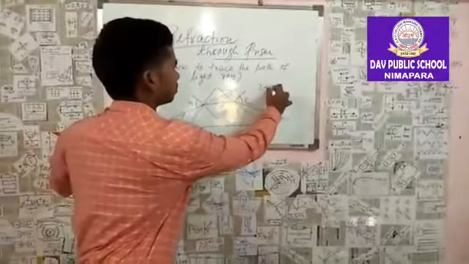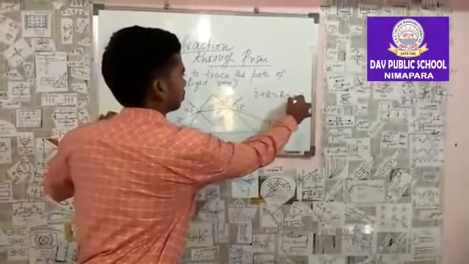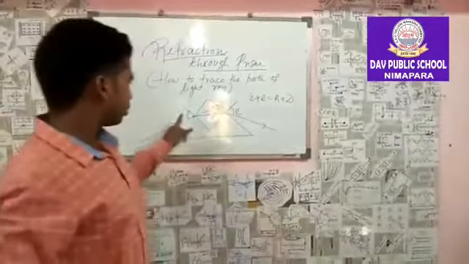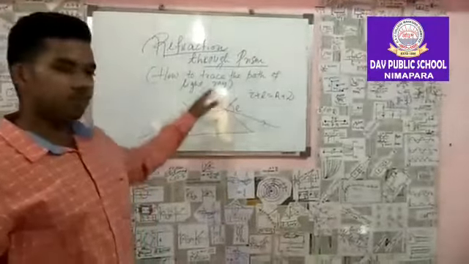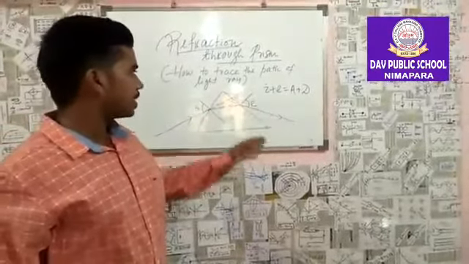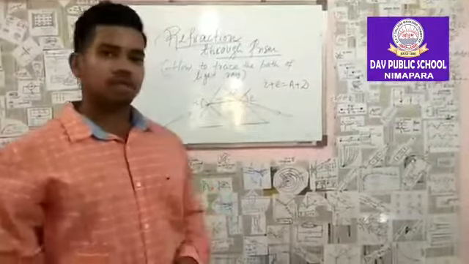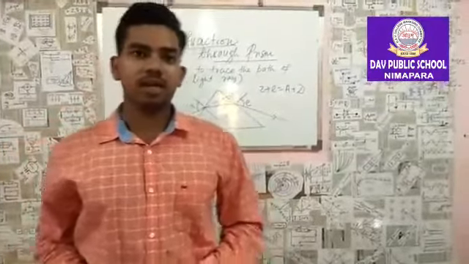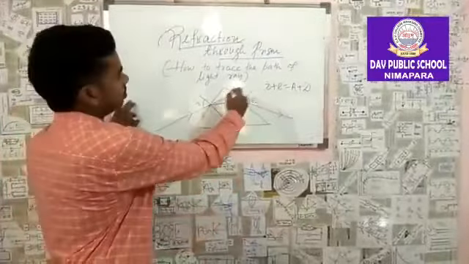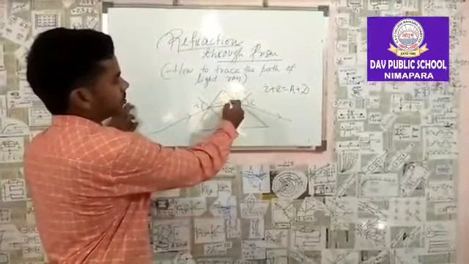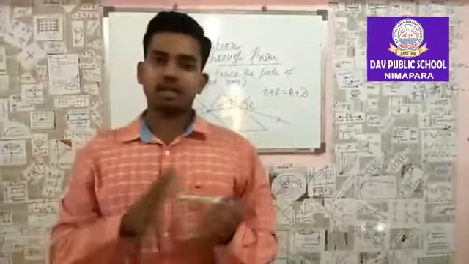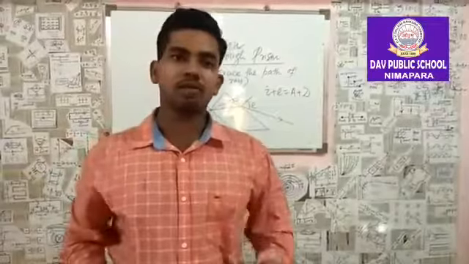I plus E equals A plus D. I is the angle of incidence. Here you can find the angle of incidence by drawing a normal to the first surface, and the angle of emergence by drawing a normal to the second surface. A is the angle of prism, which in an equilateral prism is 60 degrees. And D is the angle of deviation, found by producing the incident ray in the forward direction and the emergent ray in the backward direction, to get the angle by which the incident ray is deviated to form the emergent ray.